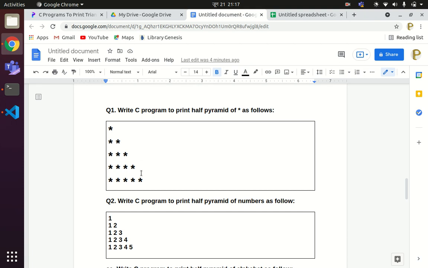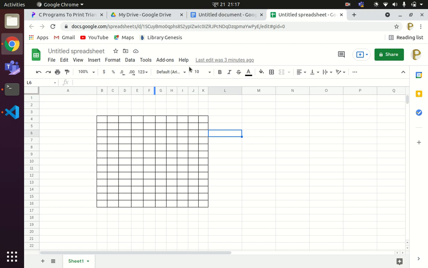In order to solve this problem, it can be better understood by using this grid structure. So in this grid I will write the star in the given format.